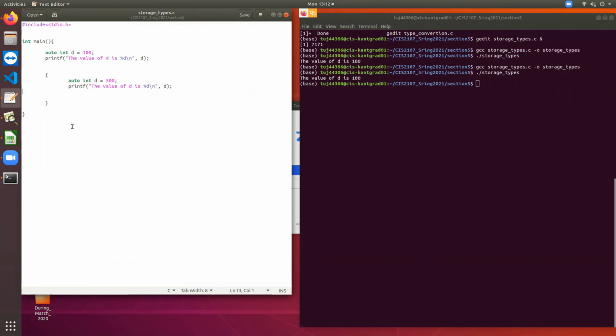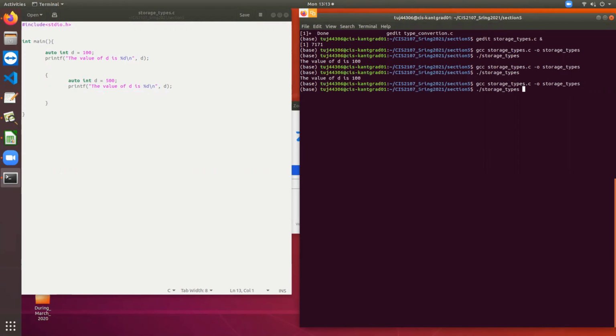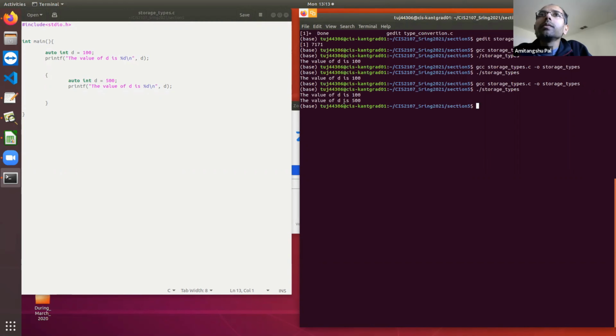No, because they have different scopes. One is within one block and one is within a separate one, so they have different scope. So it is not giving any error, it is working perfectly. All right. But you can see that in this line it is printing 500.